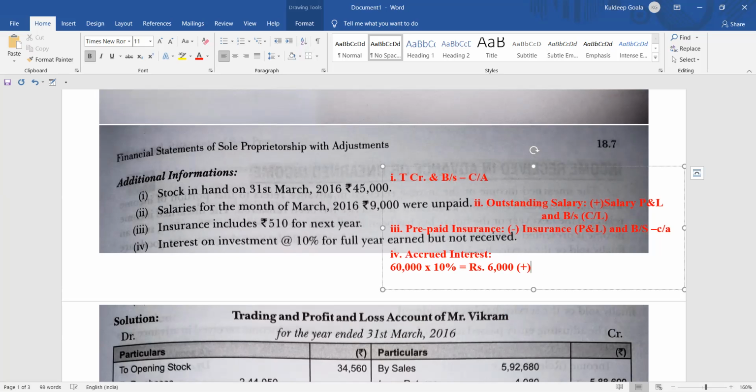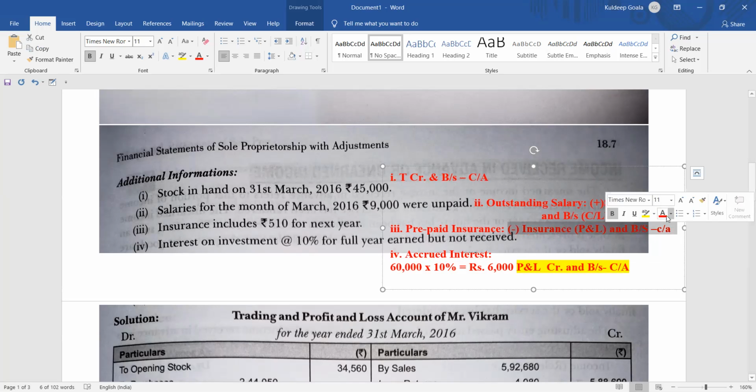एक मिनट, एक बार. अच्छा, there are two terms. Once it will come in the profit and loss account, profit and loss account के क्रेडिट साइड में इसको हम लोग लिखेंगे, ठीक है। And again it will be coming in the balance sheet, current asset, ठीक है। बैलेंस शीट करंट एसेट दो जगह पे आएगा। एक बार ये आएगा बैलेंस शीट करंट एसेट में, और एक बार आएगा ये प्रॉफिट एंड लॉस अकाउंट के क्रेडिट साइड में, राइट। प्रॉफिट एंड लॉस के क्रेडिट साइड में।